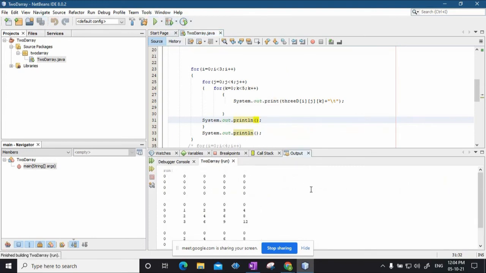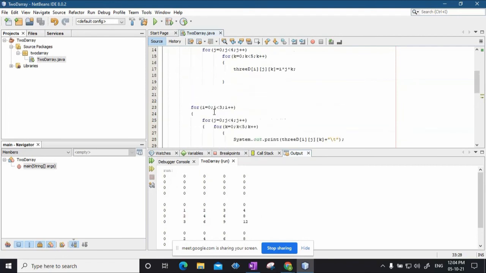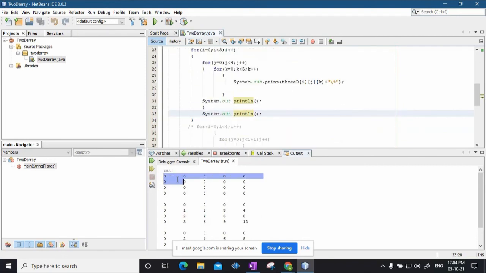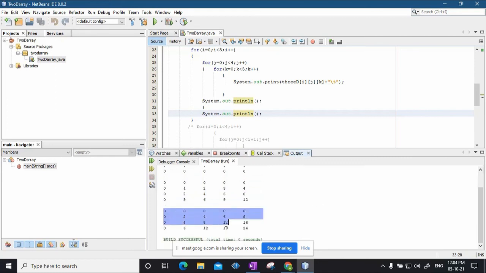Yes. So see, a three-dimensional array basically is having three matrices. Just see, the first matrix here is a 4 by 5 matrix, right? Then you have a second 4 by 5 matrix, and then you have a third 4 by 5 matrix.